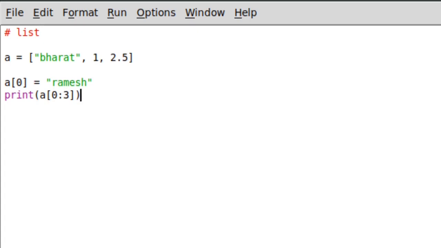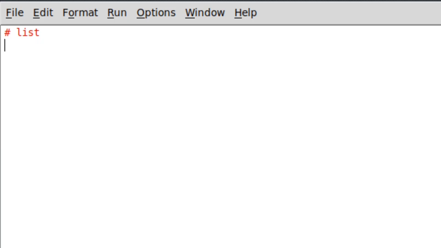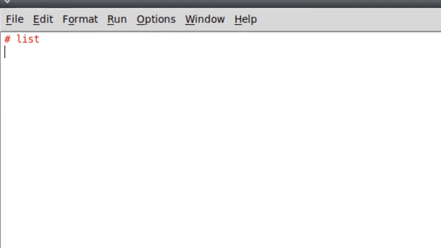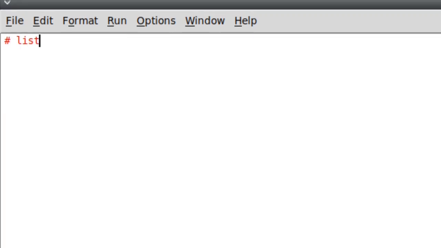So list is basically mutable and you can store any elements in the list. Now we can see a tuple. So tuple is immutable, you can't change the tuple. So we'll quickly see one example of tuple. So suppose this is our tuple and we can store only one type of value in it. Suppose I'll use only string and I'll put some number or any names here, like my name and any other name and any other name as well.